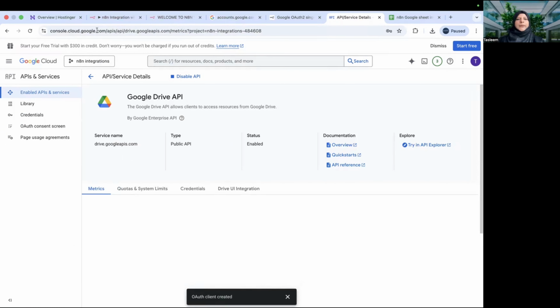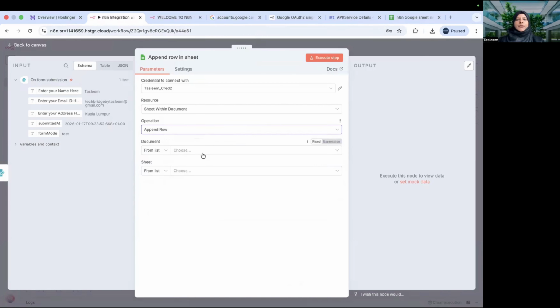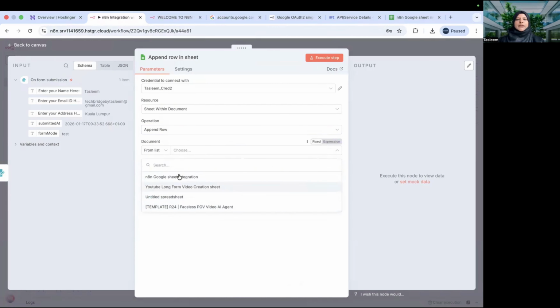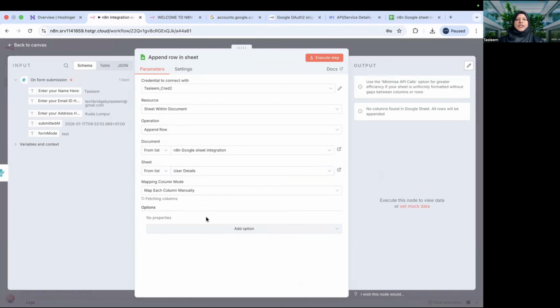Okay, my Google Drive API is enabled. Now if I go back, append a row, I can see the sheets. The sheet which I am referring to is this one, sheet integration. Within that sheet, user details is the sheet. So to map the columns with the columns in the